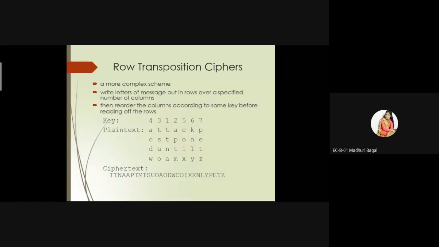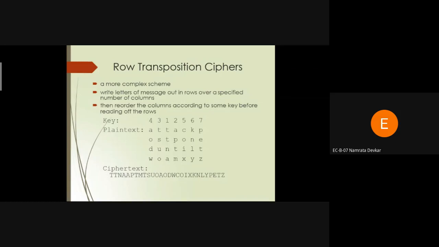AODW. Very good. Then for 5? COIX. Okay. Then 6? KNLY. Very good. And then last 7? PETZ. Okay, very good. So likewise, we have to consider, we have to arrange the key in a sequence